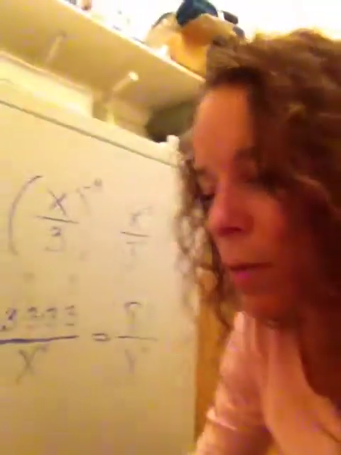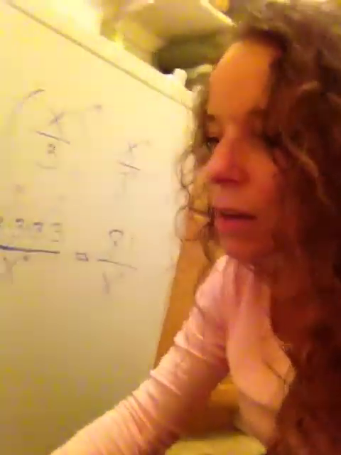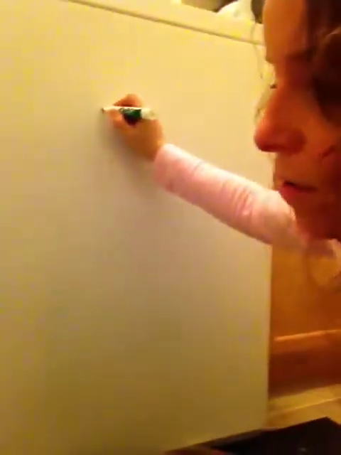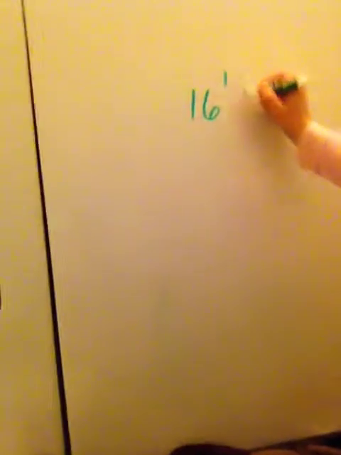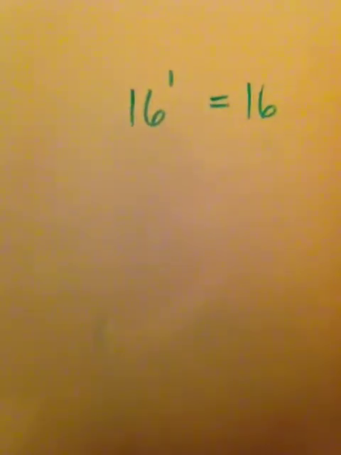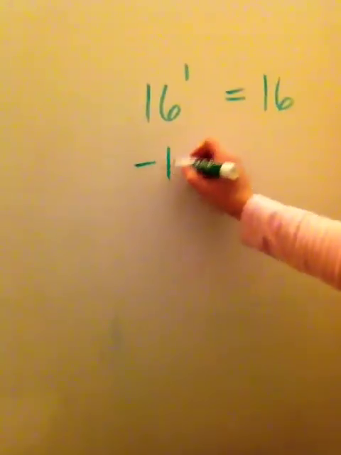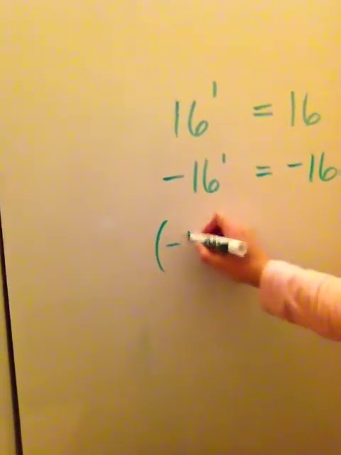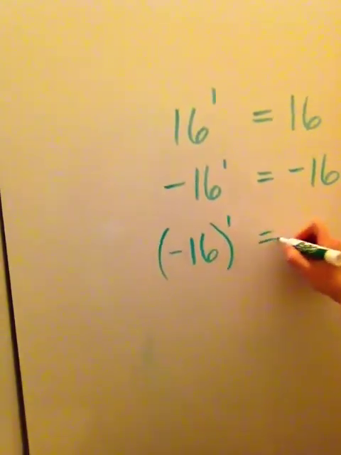The only other thing we need to talk about is kind of review. They just want to make sure you understand or remember what anything to the 0 power is and anything to the first power is. So if I have, even if it's a decimal, so if I have, we'll say 16 to the first power, we've kind of talked about this, that's just 16. Oh, you couldn't see it, sorry. If I have negative 16 to the first power, that's negative 16. If I have negative 16 in parentheses to the first power, that's